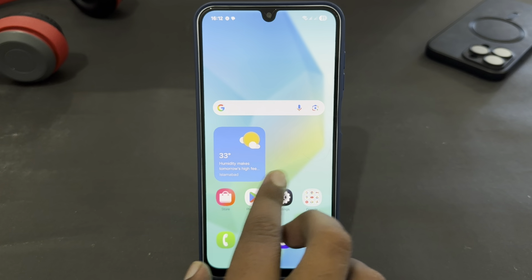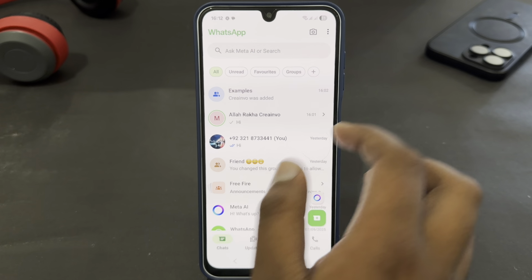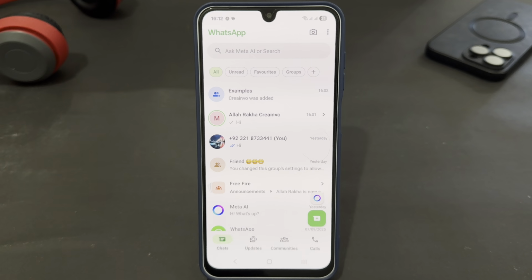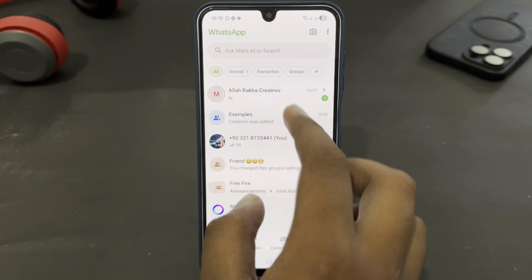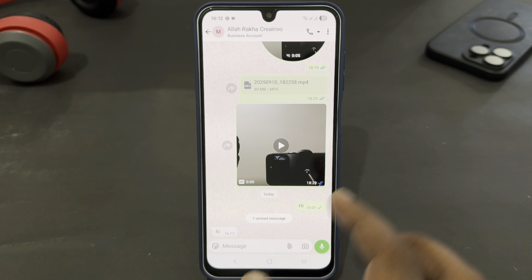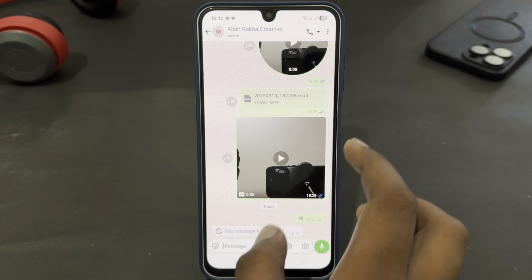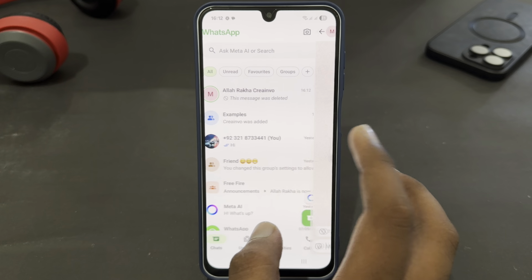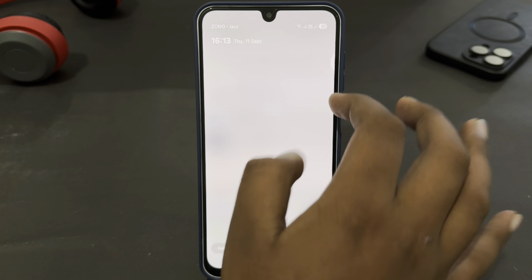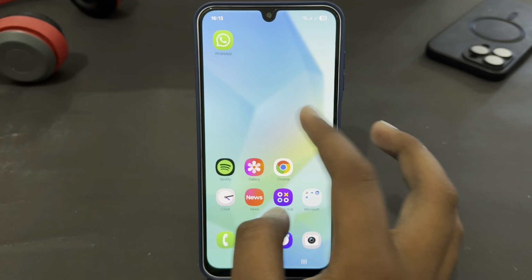Once you have enabled it, just open your WhatsApp, and here if you have any WhatsApp message, after deleting it you can check that message. Here you can see I have a WhatsApp message, and now just wait for it to be deleted. You can see the message has been deleted, but I'm going to read that message. The message has been deleted and there is no option to recover that message, but you just have to